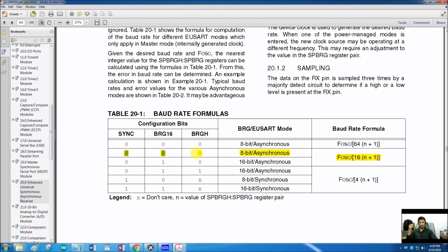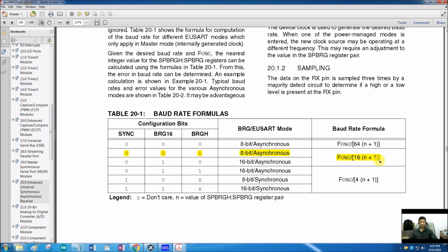This category that is highlighted is of our interest, and in this case an 8-bit asynchronous mode will be selected for transmission and reception both, and the formula to calculate the baud rate for this particular case is written here.